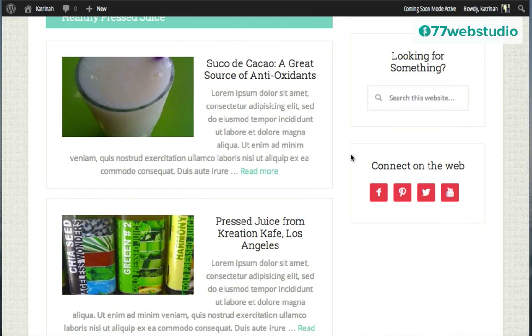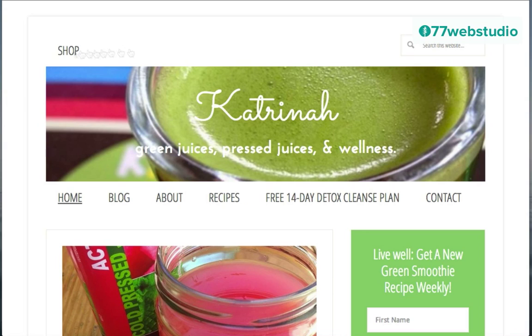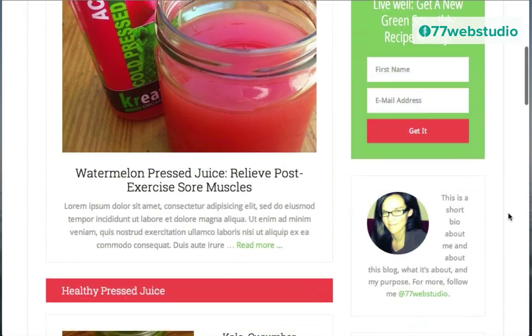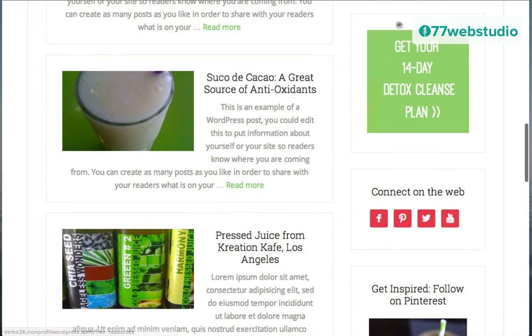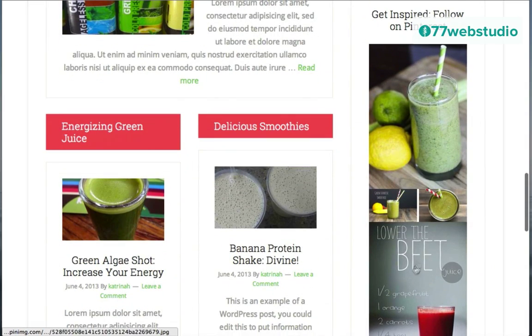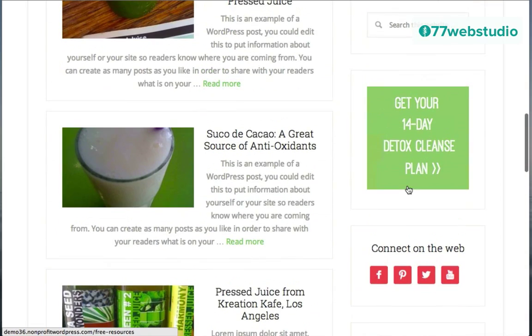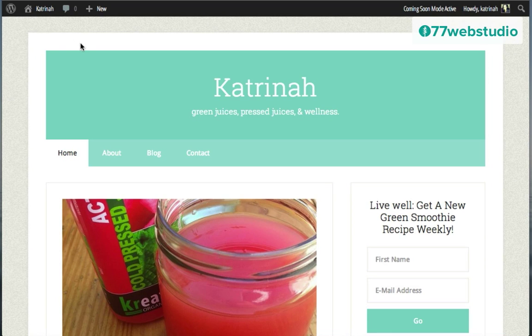So the two particular ones that we're missing so far, jumping over to our completed website, are the image here, an image with a call to action and a link to an internal page, and then the Pinterest images down below. So let's start by adding the image to our website so that we can add this widget as well to the sidebar.